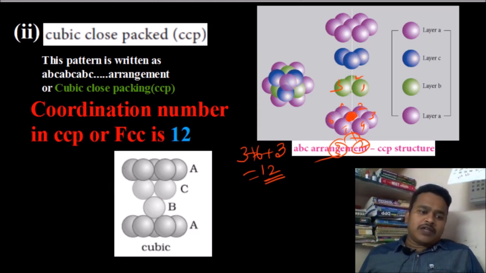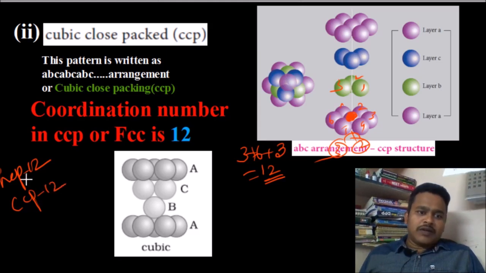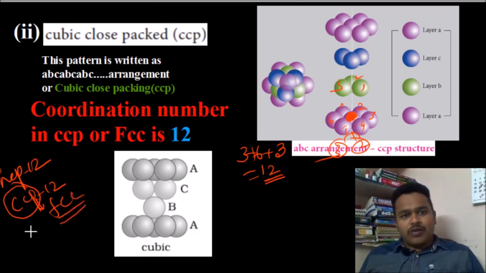Finally, what did you study here? In HCP the coordination number is 12, and in CCP also the coordination number is 12. This CCP can also be called FCC, face centered cubic arrangement. Why can you say this?